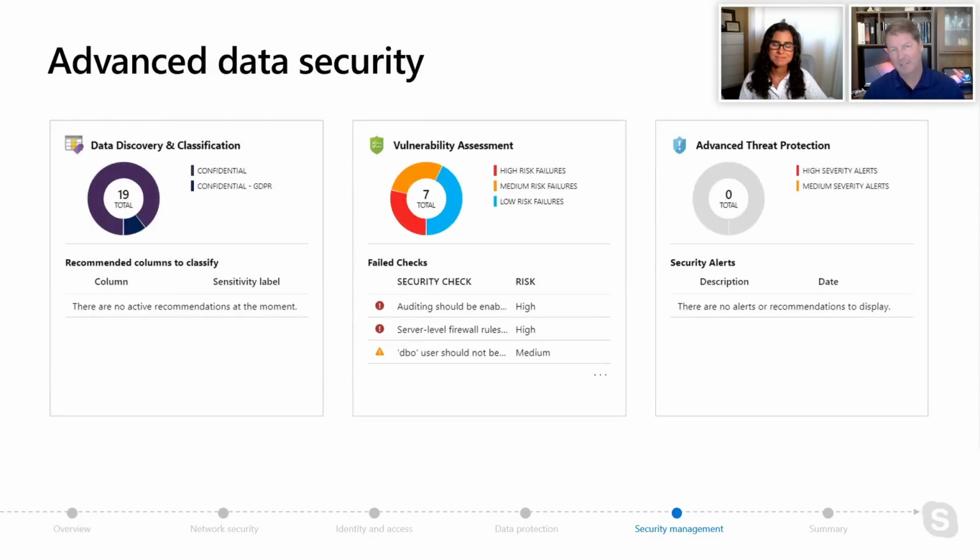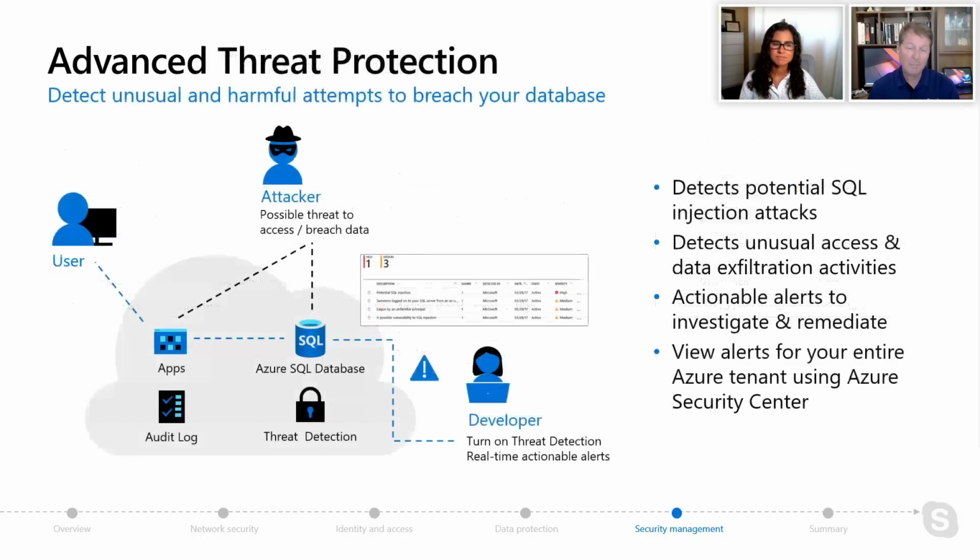So let's talk about a concept called advanced data security. That's a term we've coined, and it involves these three areas: data discovery and classification, vulnerability assessments, and advanced threat protection. Let's talk a little bit more about advanced threat protection, and we'll show you a demonstration of the other two as well. When we were first building Azure SQL a few years back, we wanted to provide value-added services in the cloud. So we decided to build advanced threat protection using machine learning algorithms, monitoring what's going on with your deployments and deciding whether we can alert you to certain things going on with your deployment. Something you'd have to build yourself.